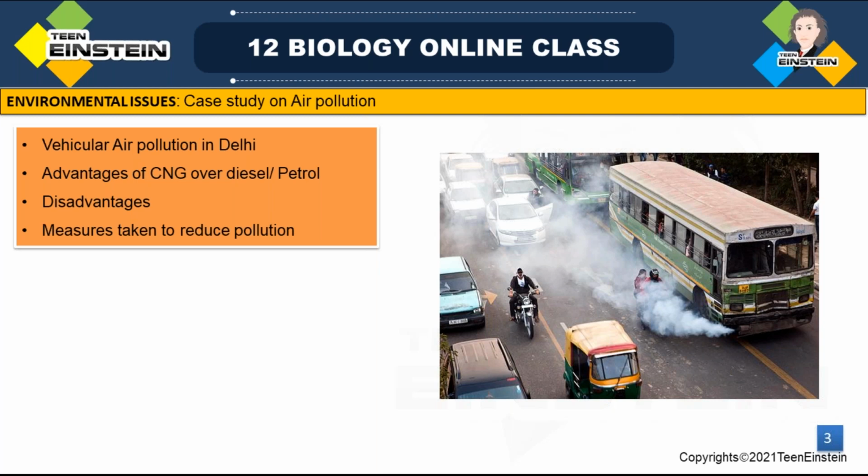In the case of pollution, Delhi is in 4th position in the world. Delhi ranked 4th among 41 most polluted cities of the world. So this air pollution issue became a very serious issue in Delhi, and